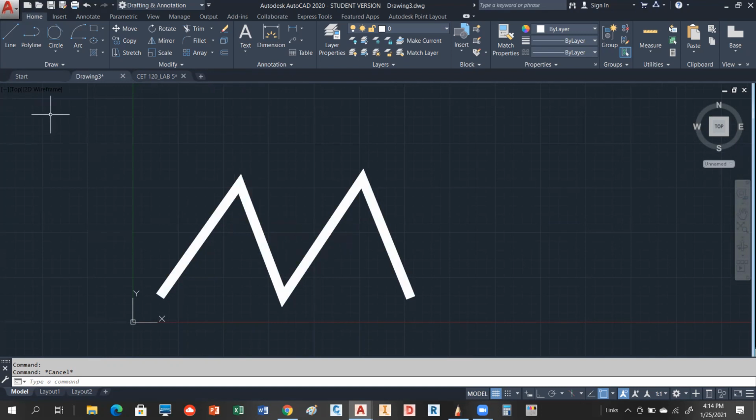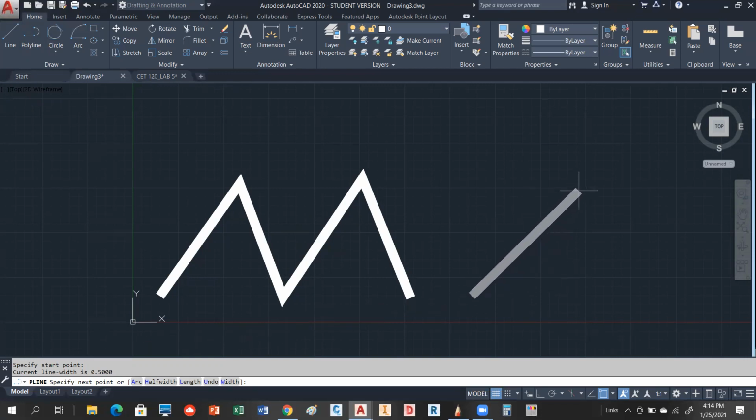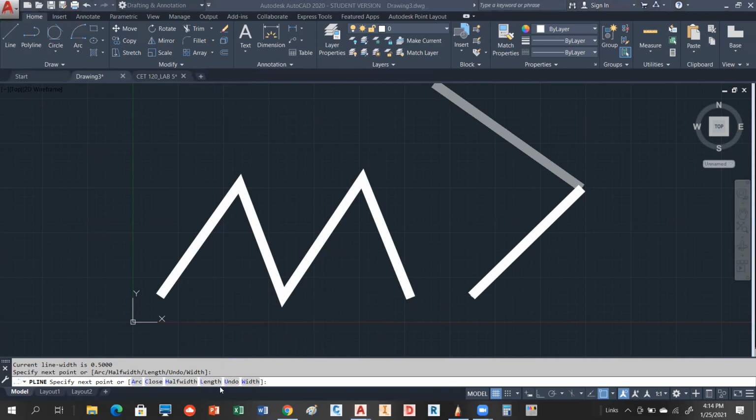So I'm going to do another polyline, and I'm going to pick a starting point. And notice it tells me that I've got width on right now, so I'm going to leave it on. I'm just going to pick a second point. So one of the cool options here is this guy called length. And length will allow me to give it a distance. So what I'm going to do is give it a distance here of length,